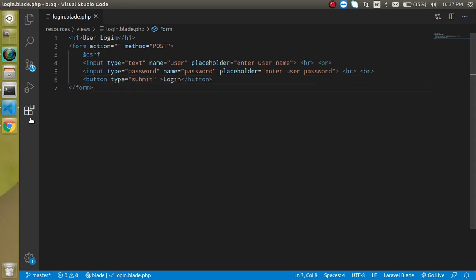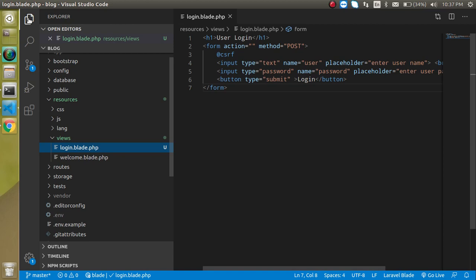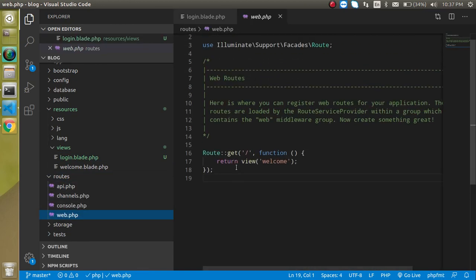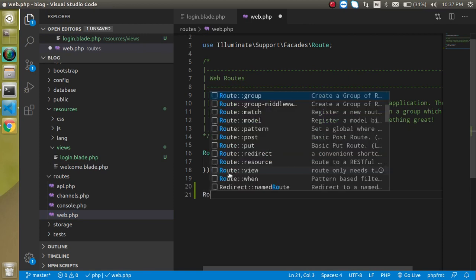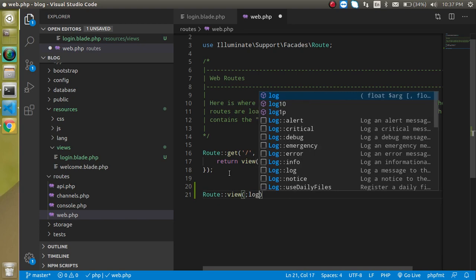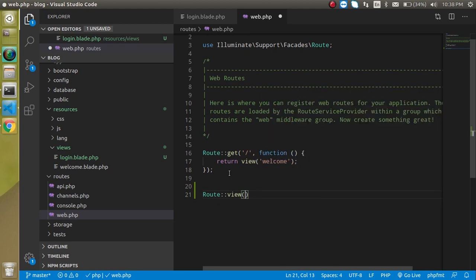Everything is done. Let's go to the web.php route file and make a route for it. Write Route::view, login is the URL, and login is for the view file, right?